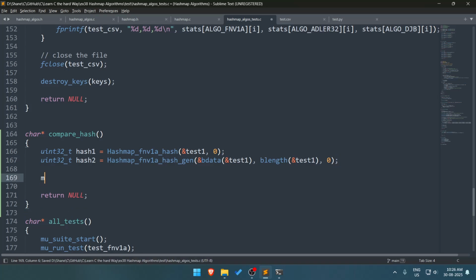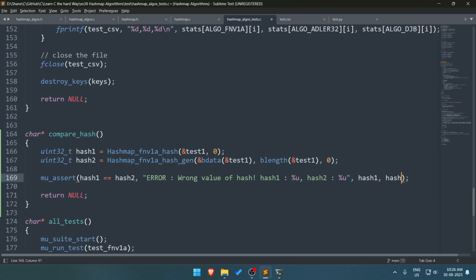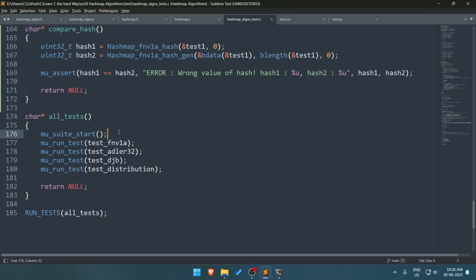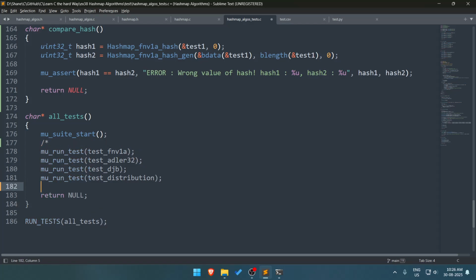the hash, so here mu assert hash 1 equals hash 2, else you say this is an error, wrong value of hash, and I can say hash 1 is this, and hash 2 is this. We have hash 1, hash 2. Alright, so I want to get rid of all these functions here,